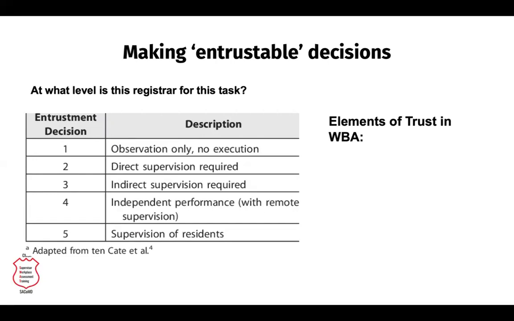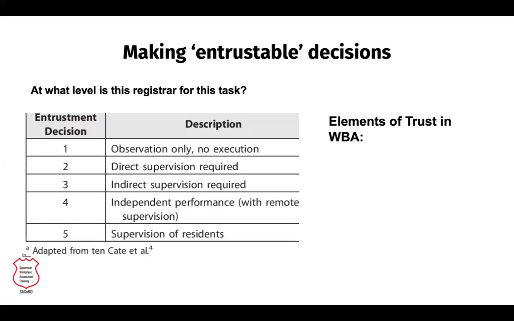Entrustment is an exciting way of looking at the way we actually extrapolate our trust in somebody by what we observe. So sometimes you will observe somebody doing a particular procedure, say a registrar who is particularly good in surgical procedures, and you watch them do some extraordinary cesarean sections, for example. You can potentially extrapolate that they will also have a similar skill in doing other similar procedures without having to observe every single procedure.